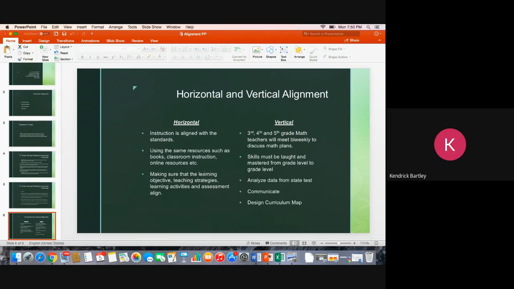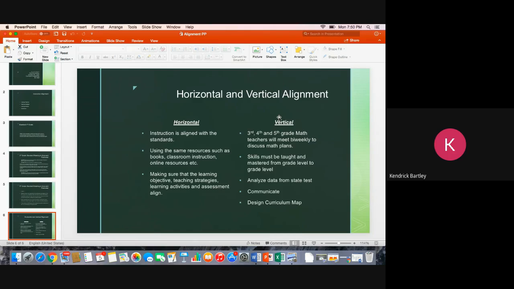And making sure that the learning objective, teaching strategies, learning activities, and assessments do align. So this is the horizontal alignment piece that I came up with. The vertical is where I'm going to spend a little bit more time. If it was me and this was my school,